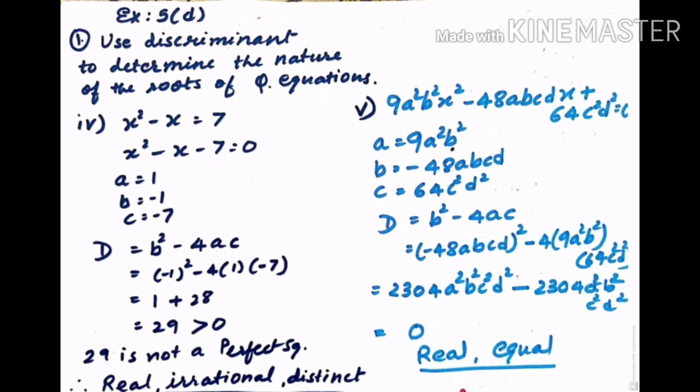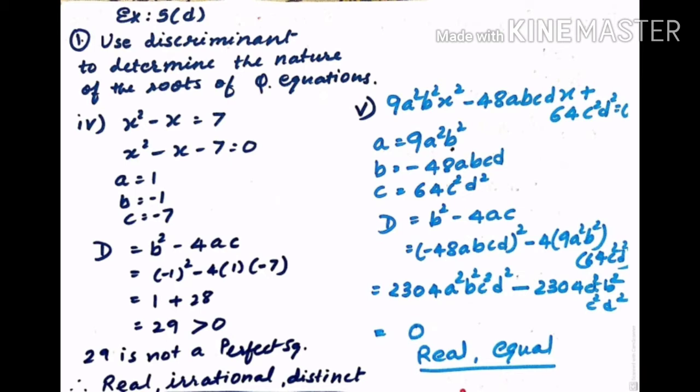Now we find the D value, that is the discriminant, capital D = b² − 4ac, and place the values accordingly. Then calculation: (−1)² is 1, then 7 fours are plus 28. So the value I get is 29. 29 is greater than 0, that means a positive value. But it is not a perfect square, as we know 29 is not a perfect square. So our roots will be real, irrational and distinct. We have already learned that whenever the value is positive and not a perfect square, we get real, irrational and distinct roots.